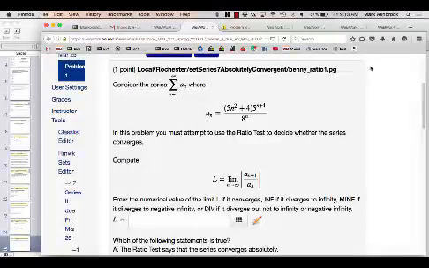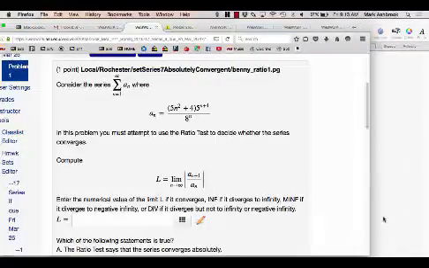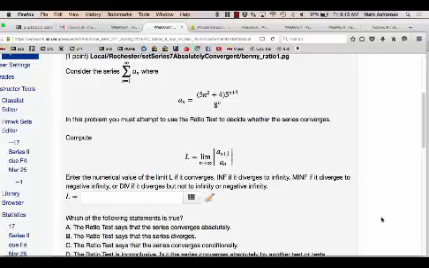So we're thinking about our toolbox. This one isn't a matter of figuring out what to use, because they're telling us to use the ratio test. Okay, so here we go. So the ratio test, we're going to set up